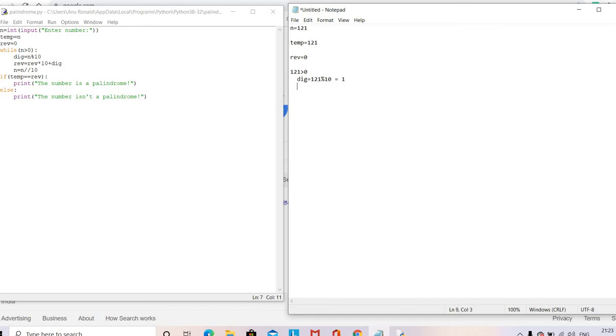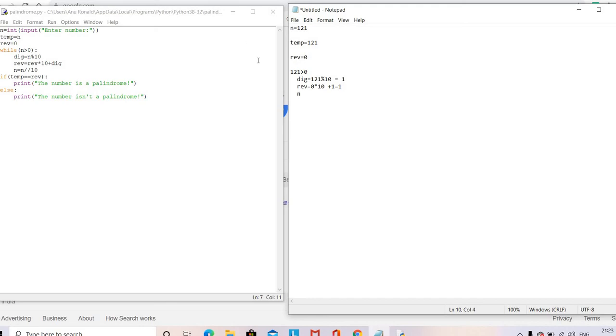I'll tell you why we are doing this process after the loop. Reverse equal to reverse into 10 plus digit. So the first value of reverse is 0, into 10, plus digit equal to 1. So the value of reverse equals 1 here. Then we are doing n equal to n double division.